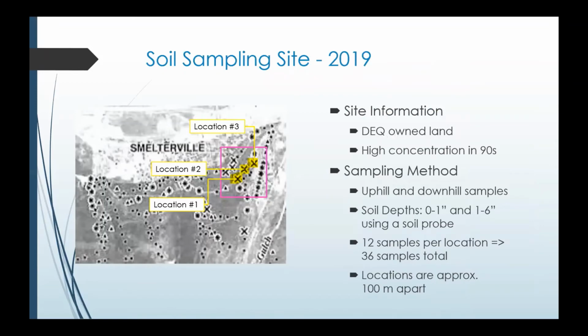This is a closer view of the pink box. This is a zoomed in picture from the previous slide. My locations are labeled, and I selected these locations because they are located on DEQ land and had a high lead level concentration